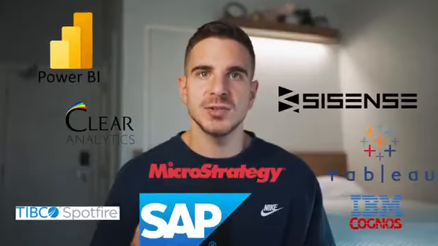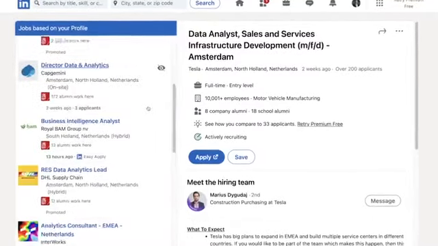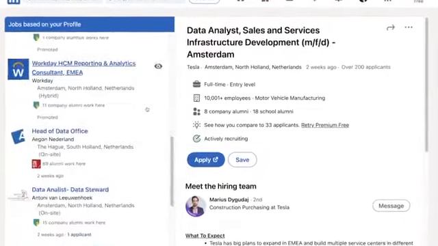There are dozens of BI tools out there, but having worked for multiple companies and projects and having looked at probably hundreds of data analyst job openings, I've come to realize that the majority of companies are looking for people with experience with Tableau, Power BI, and QlikView. Here's the pros and cons of each so you can decide which suits you best.